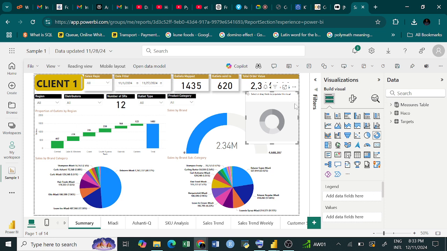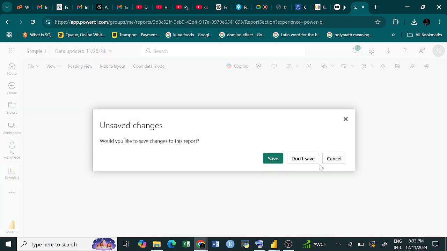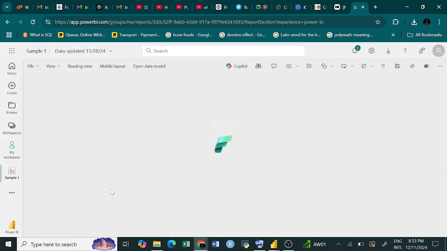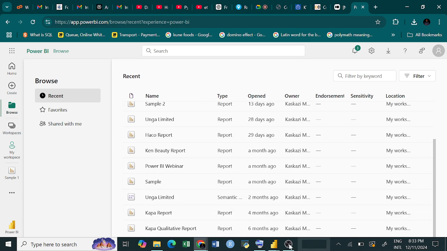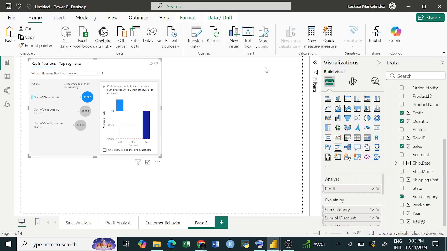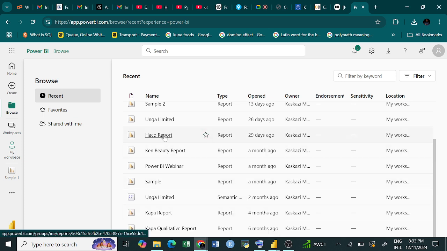Otherwise, what do we want to do? I don't want to save. Yeah. Otherwise, this is a place which is more or less exactly what we had here, but now it enables you to share a report. Once I publish this one, I can click here, publish, and then it goes to that place, and then I can just share a link. I can share a link with people. So let me click on this one, yes,